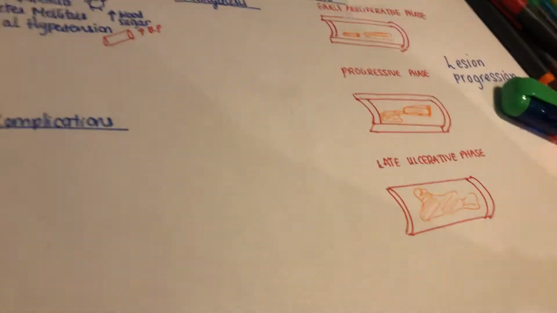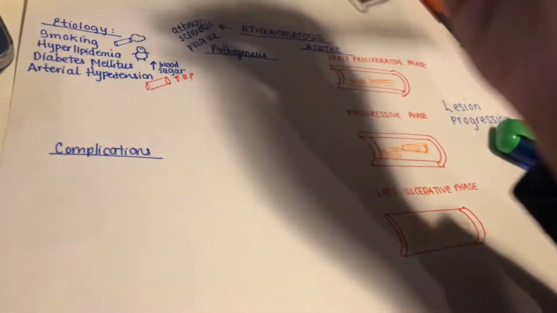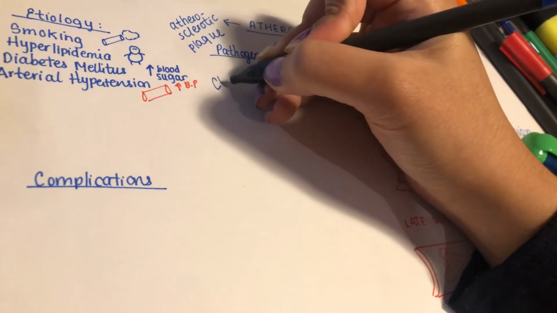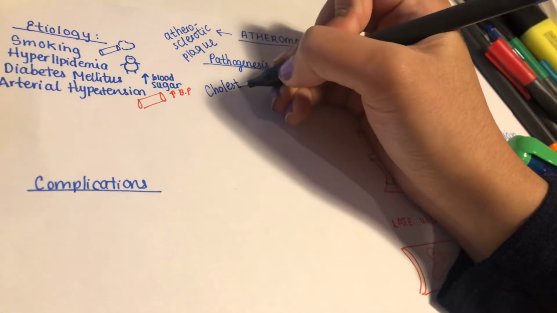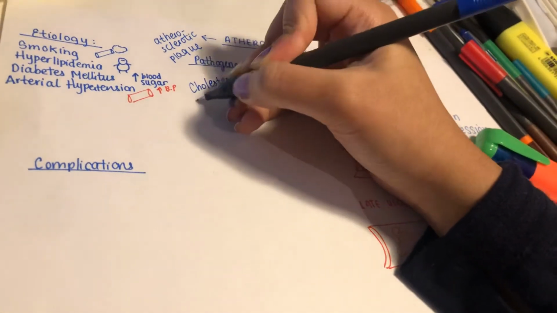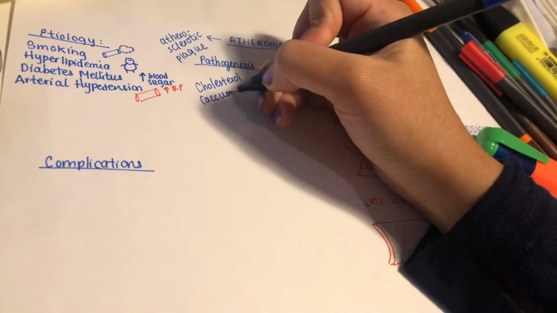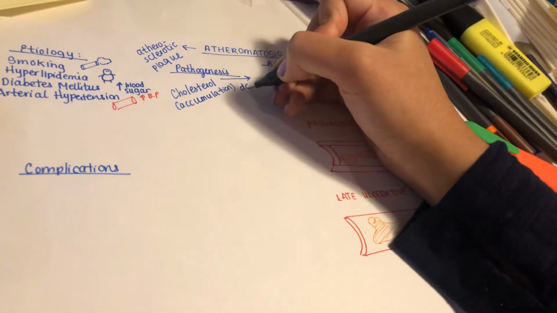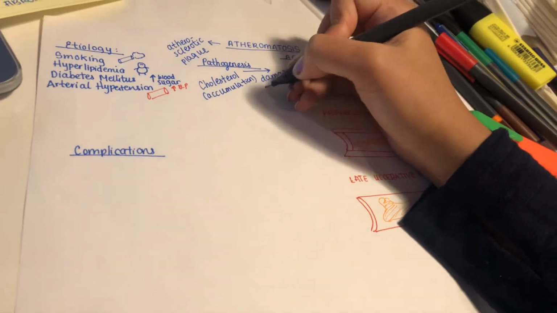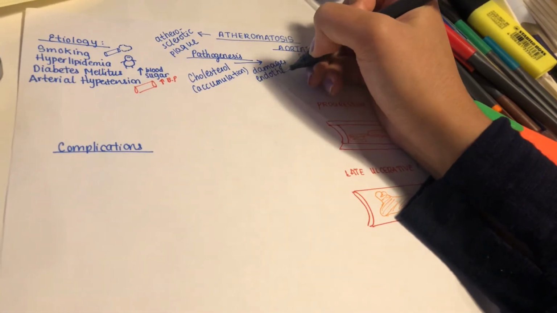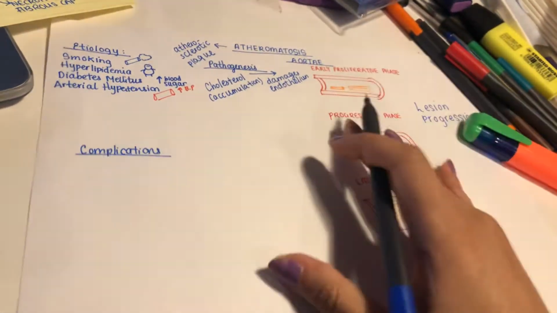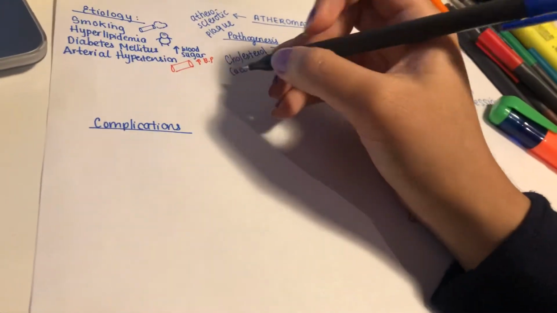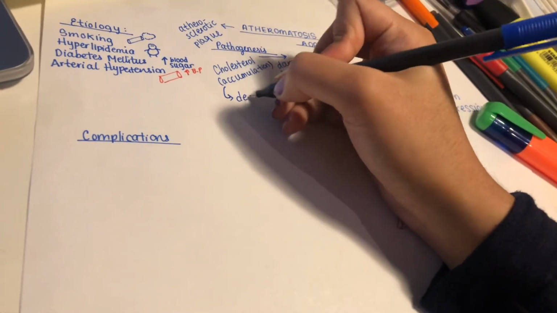And its pathogenesis: after you have a state of hyperlipidemia or smoking for a long time, what happens is that cholesterol is kind of like an accumulation. So this would come under pathology, which is to do with accumulations. And cholesterol actually damages the endothelium. In the case of atheromatosis aortae, as soon as the cholesterol deposits onto the endothelium